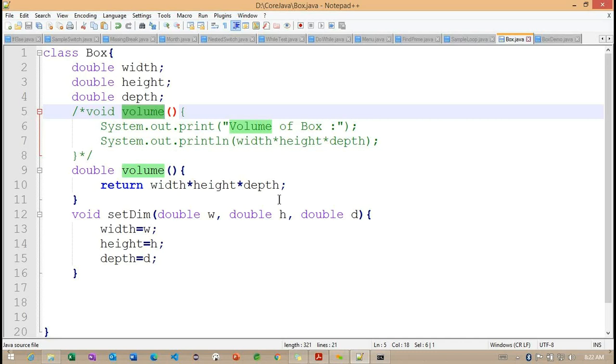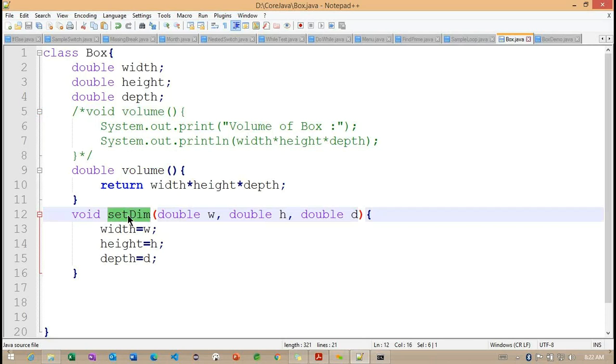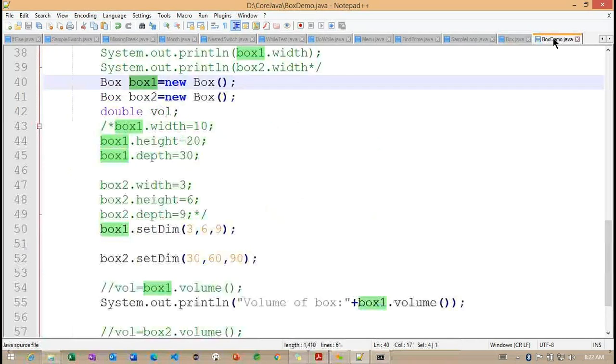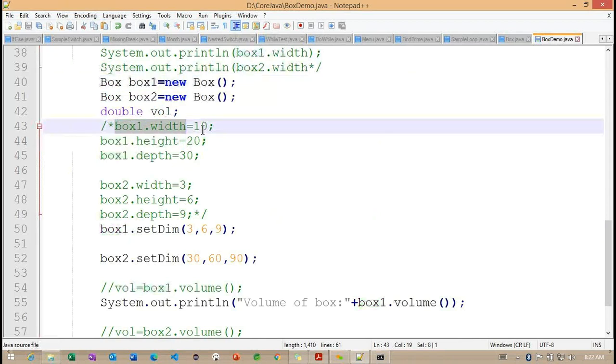Just focus on the method section, because when we are trying to connect with our Spring examples, we'll create multiple types of methods. There we can check with a simple example on these particular methods. But in the current example, we need to understand how we are passing this particular parameter, and once we are passing it, how we are initializing it into the instance variable. Same way, with the help of this object reference, we initialize here.